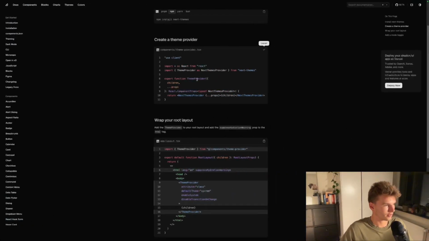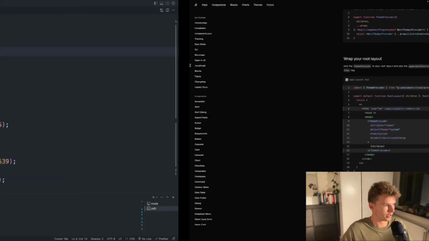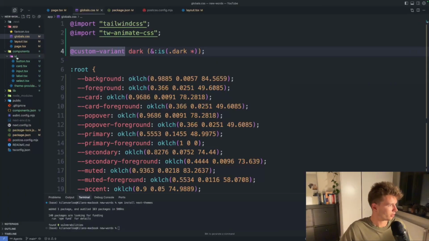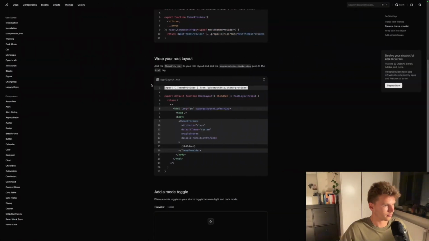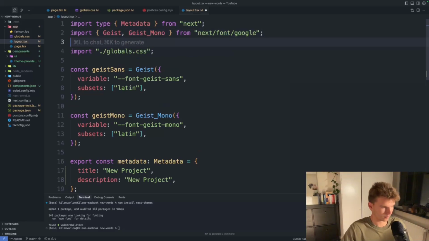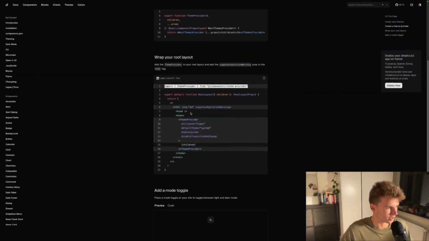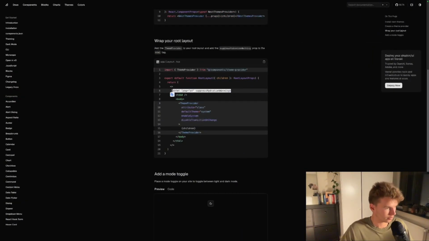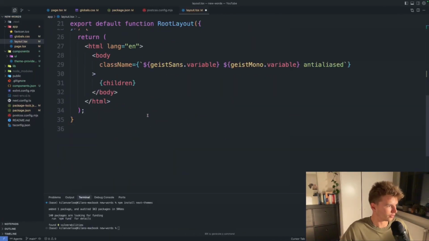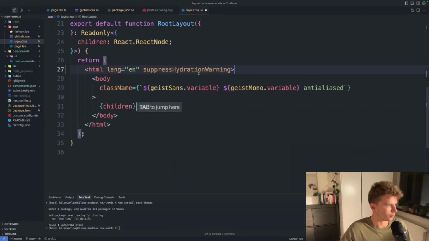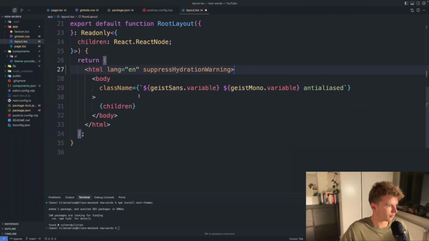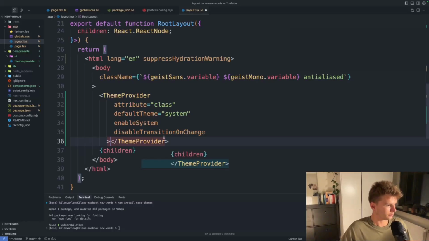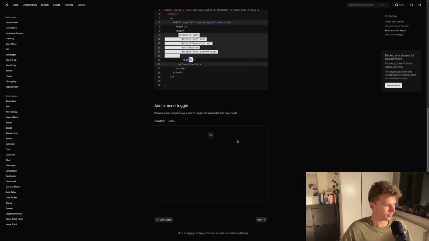Let's get rid of that. Nice. And then it says to wrap your root layout. So I like to come in and just go to the root layout. And what did it say? Yeah, import this. So again, going over this really quickly because it's not really the point of the video, but I can just show you how easily you can get things working using these things. So I just copy this and then I make sure to wrap my theme provider with children